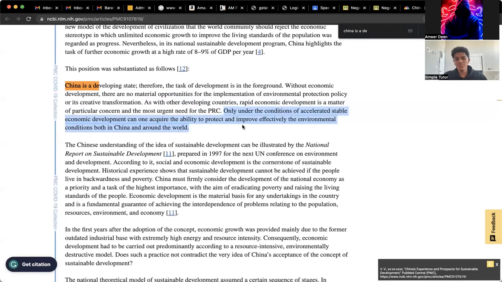What I've highlighted is generally saying that without economic development or economic growth, you can't have environmental conditions. So this is setting a prerequisite. That's another thing in debate where you need to always make your actions a prerequisite to your opponent's.